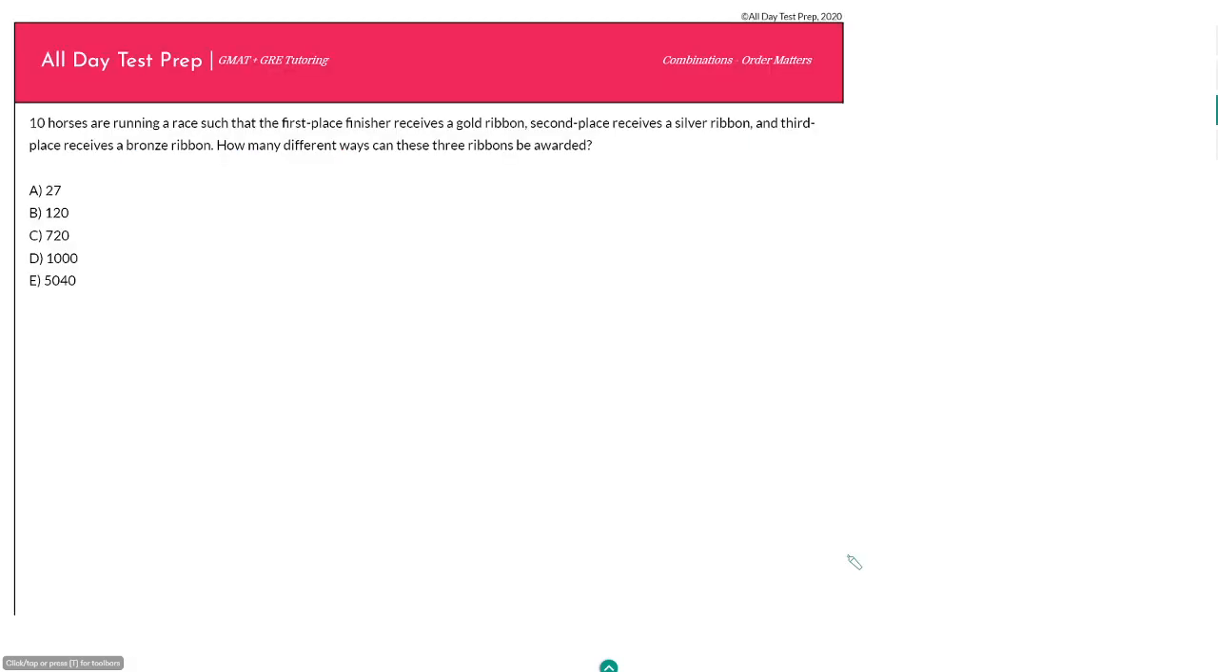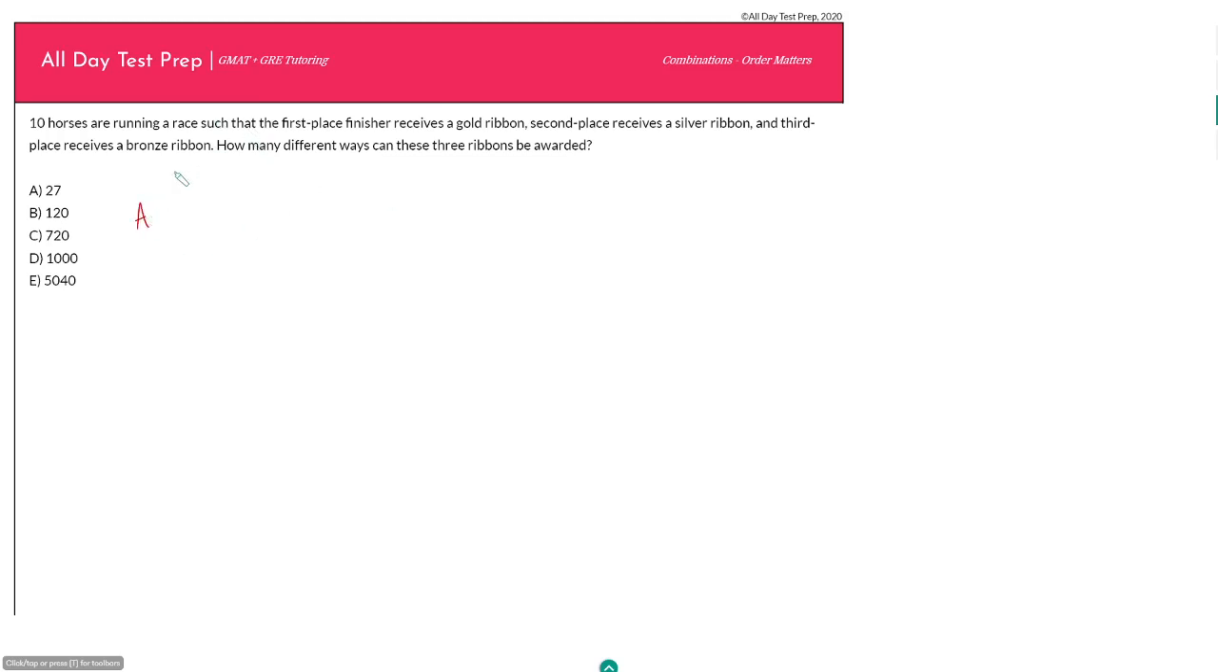So first we have an order matters scenario, which I said before should be the simplest type of combination question. In this case, 10 horses are running a race such that the first place finisher receives a gold ribbon, second place receives a silver ribbon, and third place receives a bronze ribbon. How many different ways can these 3 ribbons be awarded? And so